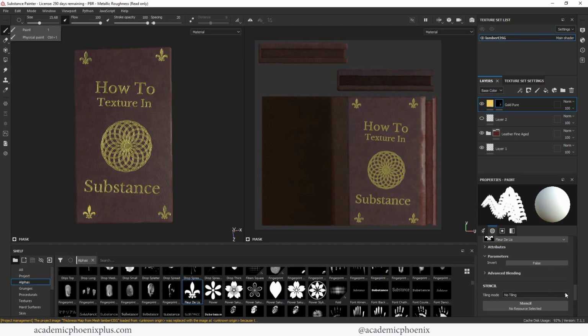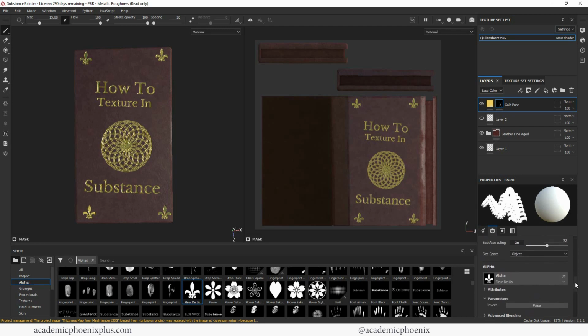Let's say I don't want this design anymore. Well, you can grab your brush and you need to paint it out. And to paint it out, you have to paint with black. So again, we have changed the alpha to be this. So what I can do is go over here